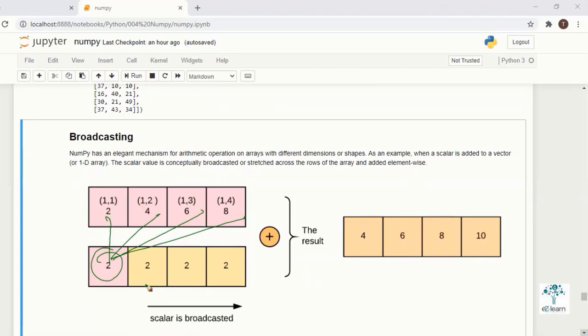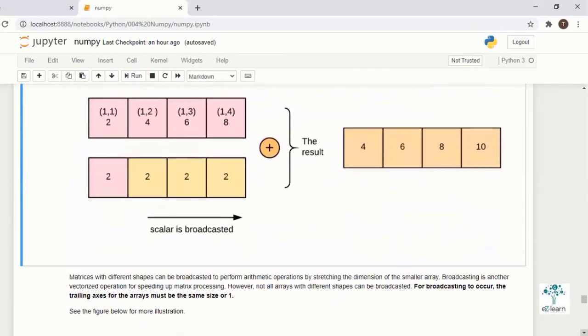Internally, the value is broadcast element-wise, and after that it gets added to each element. That is called broadcasting. So scalar values are getting broadcast.